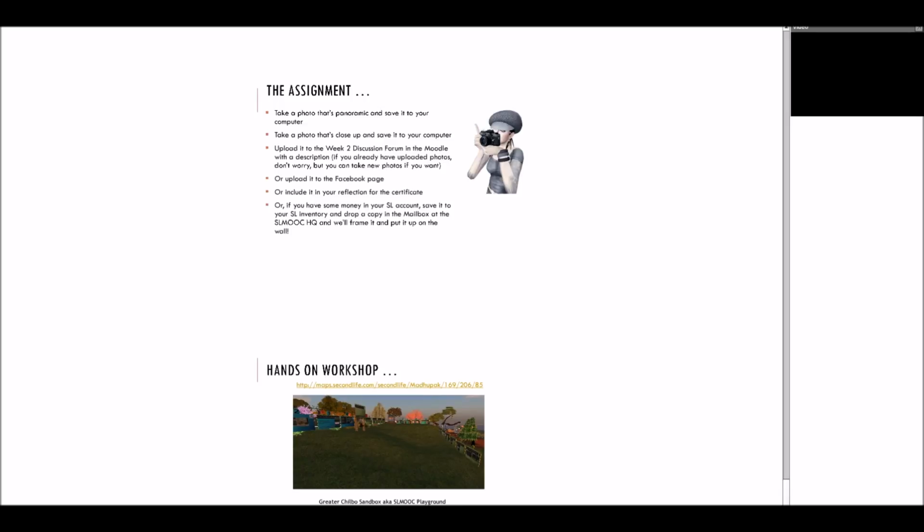This used to be called the SLMOOC playground. It's actually now called Greater Chilbo Sandbox. If you're standing in the building of the SLMOOC headquarters and you're looking to the north, so straight out the building, you'll see the size of these placards from the